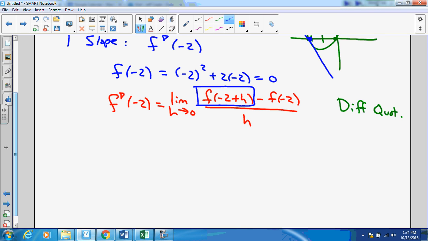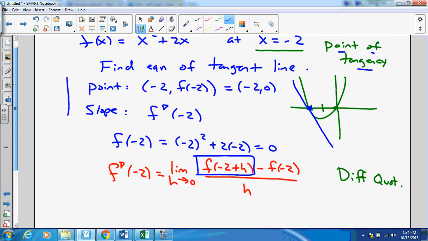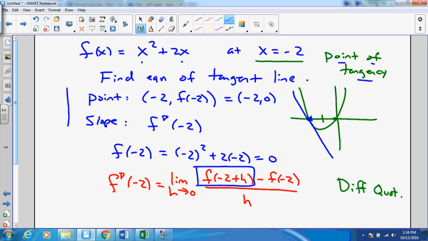Well, that same kind of literalism is exactly what you need in order to do this correctly. f of x is x squared plus 2x. That means that whatever x you give me,